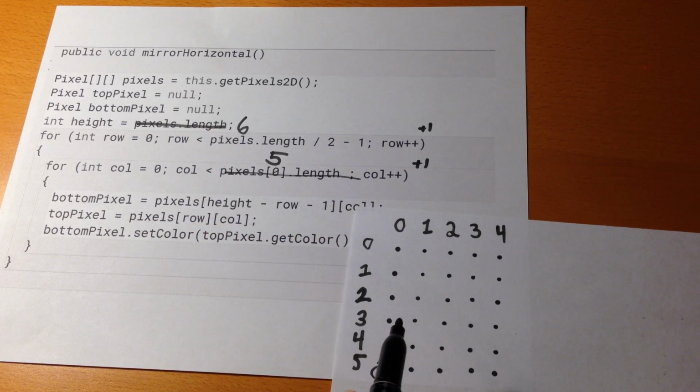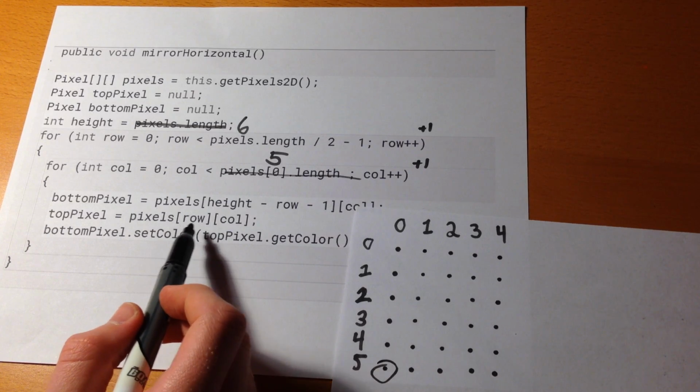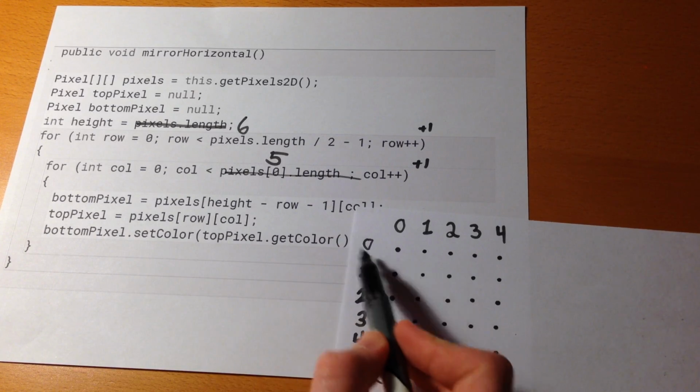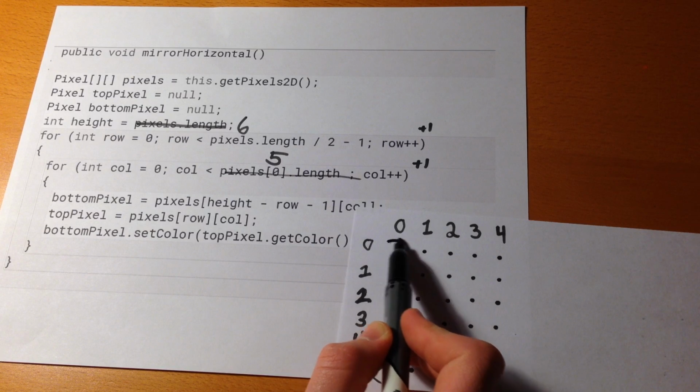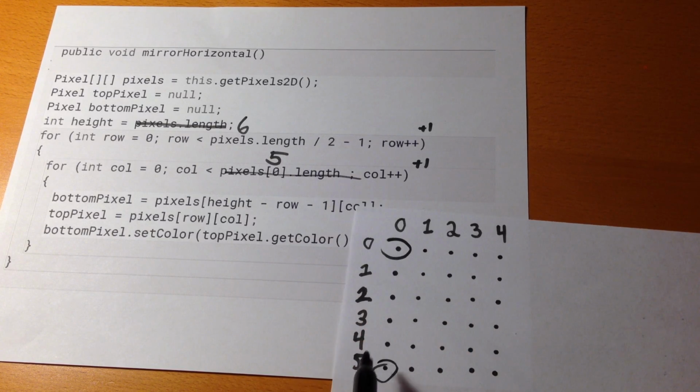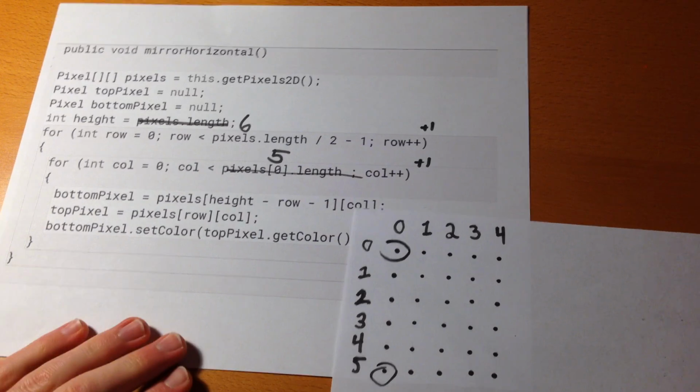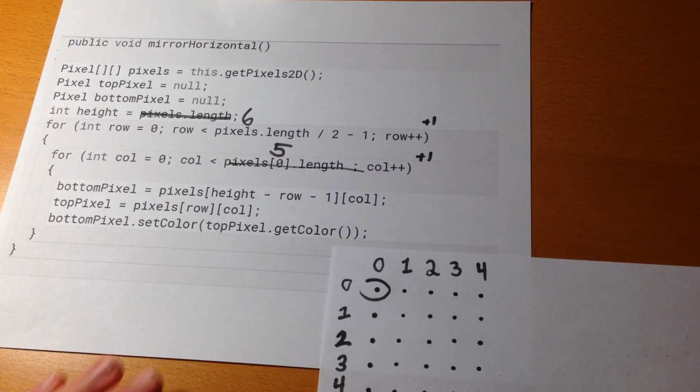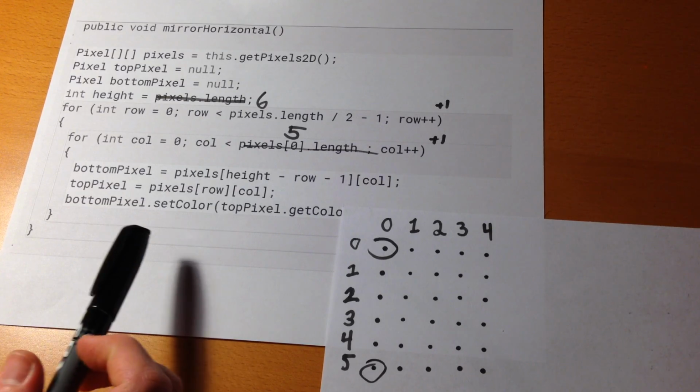Then we say top pixel equals 0, 0, right? 0, 0, which is the top left pixel. So this is top pixel, this is bottom pixel, right? Pretty straightforward. Okay. And then all we have to do is we say that bottom pixel